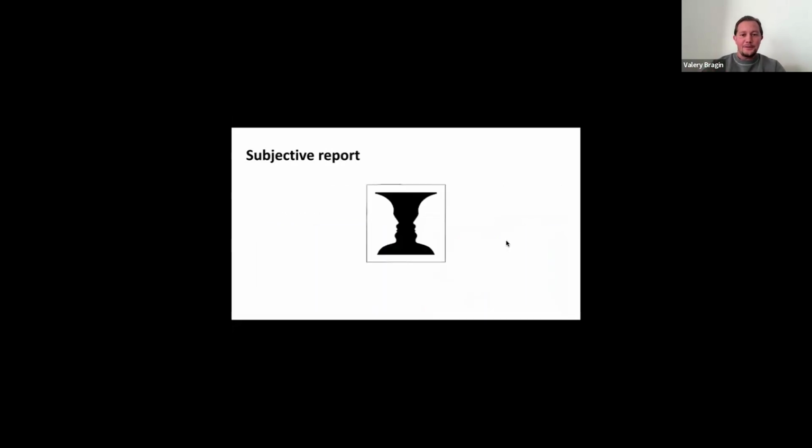And the second point, which was really revolutionary at that time, is that the field also agreed to rely, at least in part, on subjective experience, so on subjective report of subjective experience of people under investigation, the subjects or patients. Not in every aspect of every experiment, but in the study of both consciousness and perception, very often we have to rely on this subjective report. Do I feel the stimulation or not, if it's a near-threshold stimulation, or can I see a face or a vase, like here?